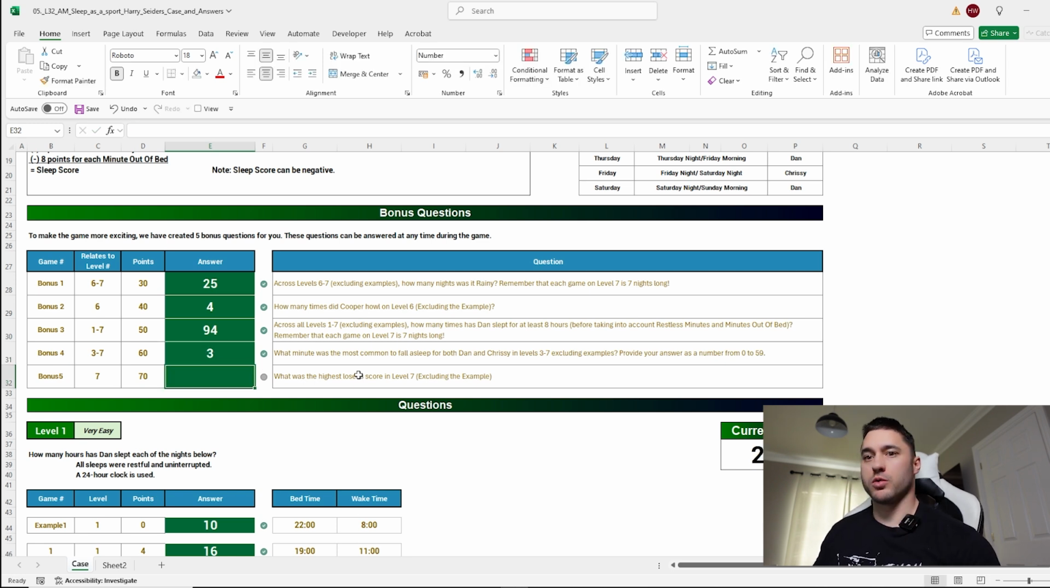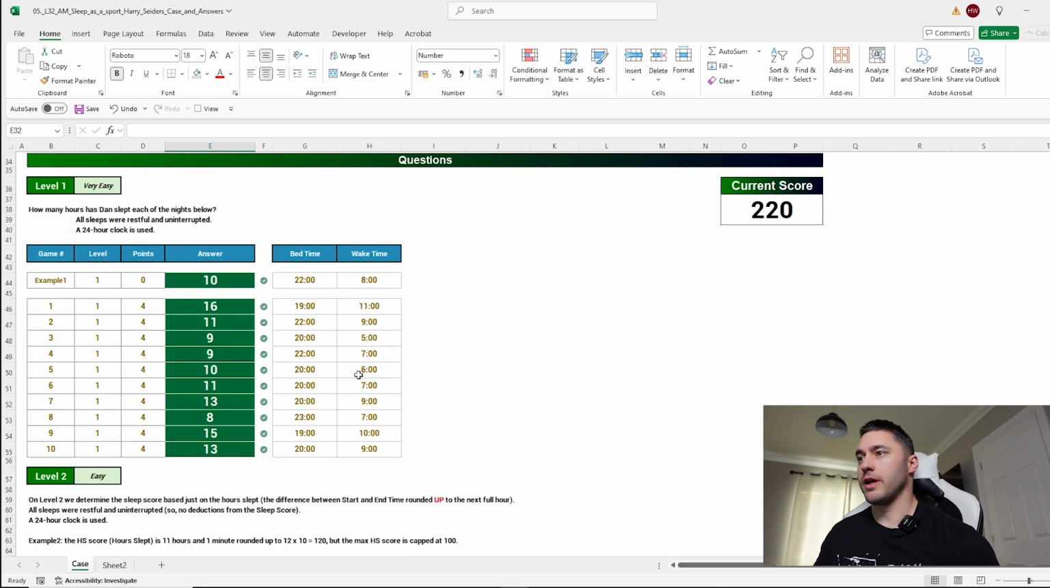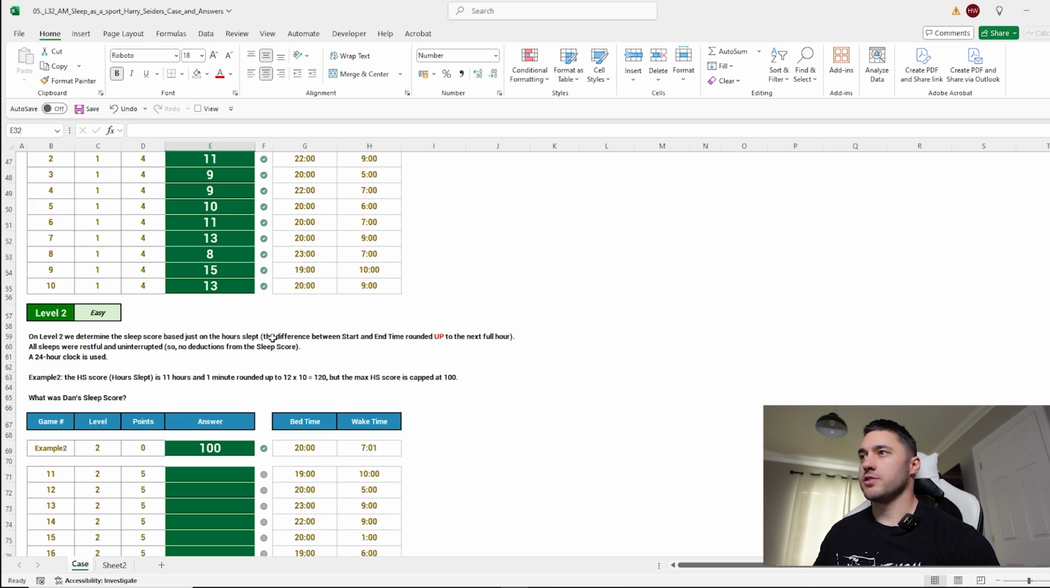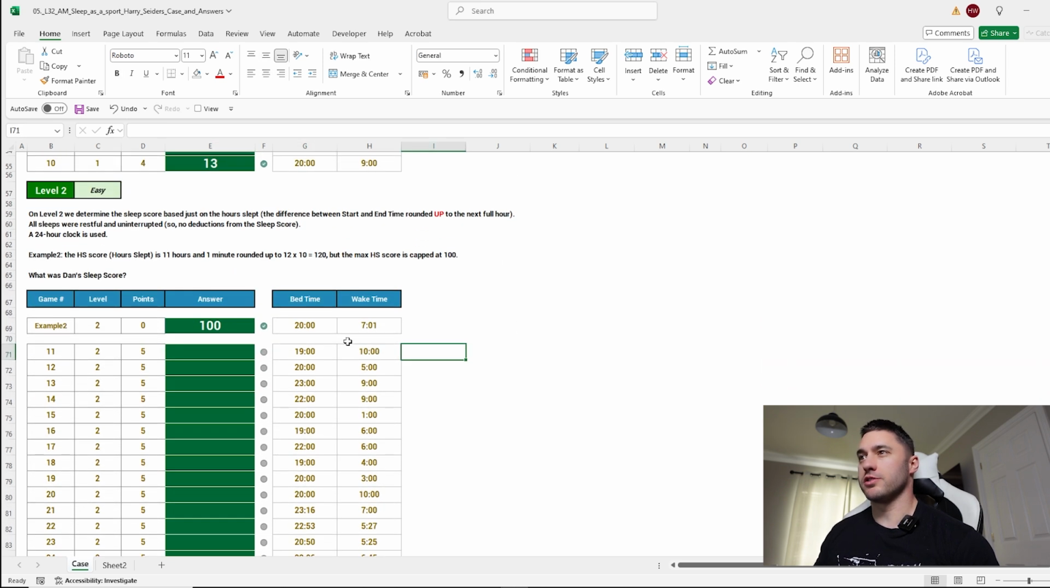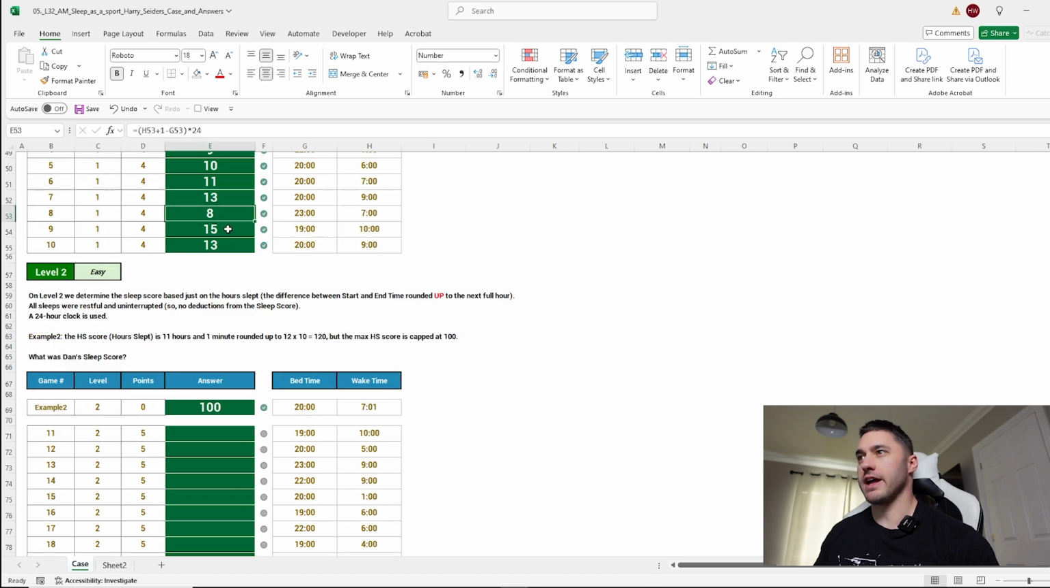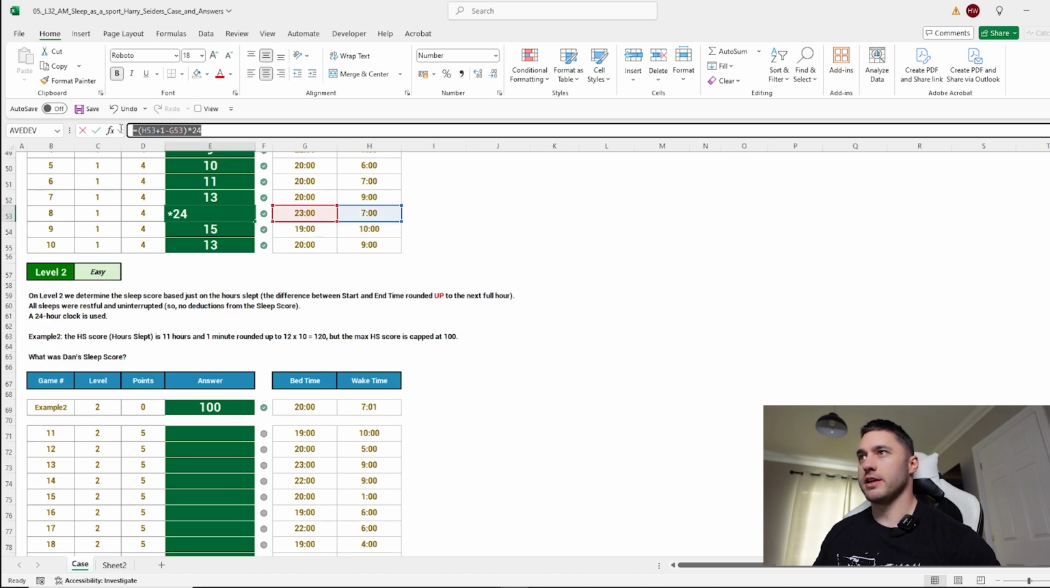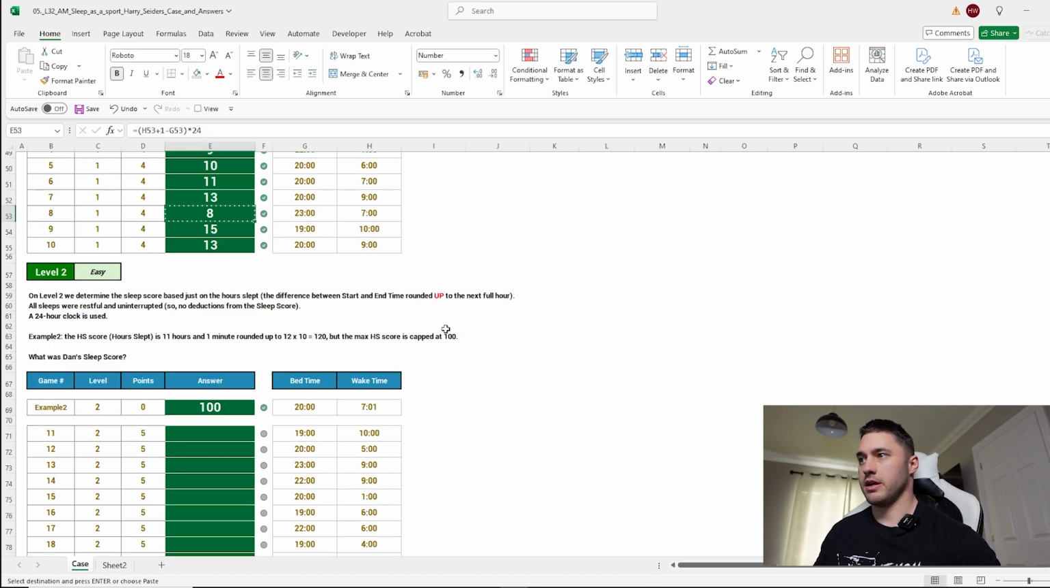And the final bonus relies on question 7, so we'll wait until we do that. So question 2 here, we want to find the sleep score, so we're just going to introduce that in a minute. So it's 10 points for every hour that you sleep. So we basically want this calculation again. So I'll do my workings out here